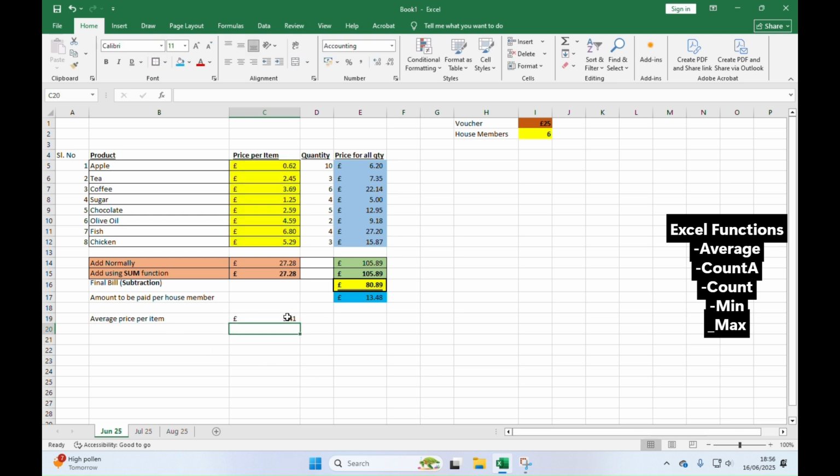So on average, each item is going to be costing me £3.41. That's what average means. Out of 8 items, what is the average price of an item? It means that on average, every item is going to be costing me close to £3. Or we can do another one,